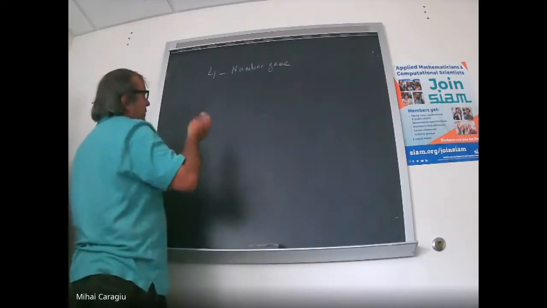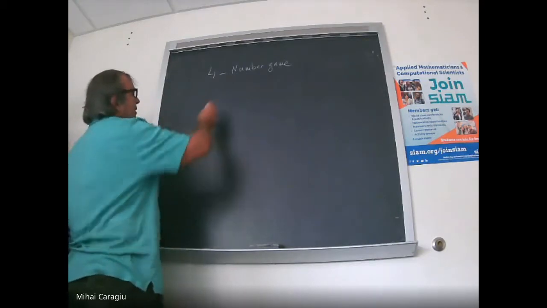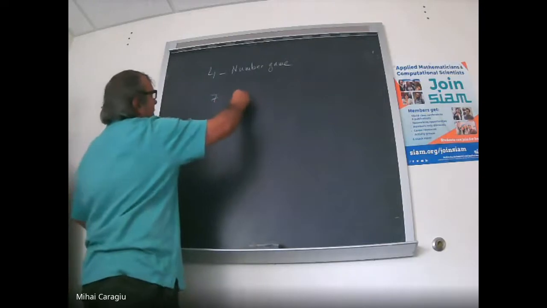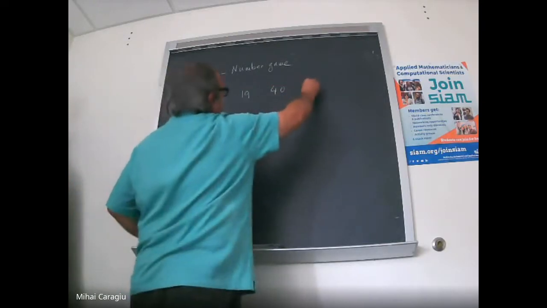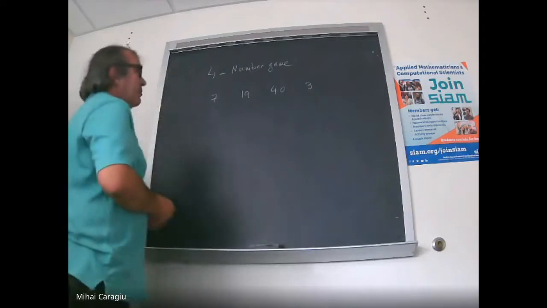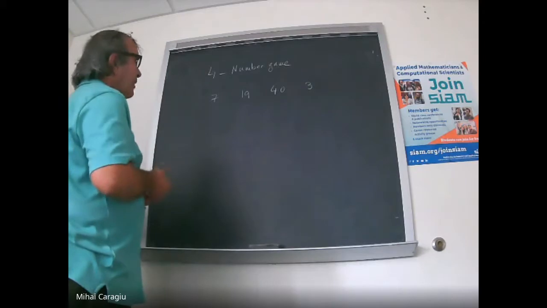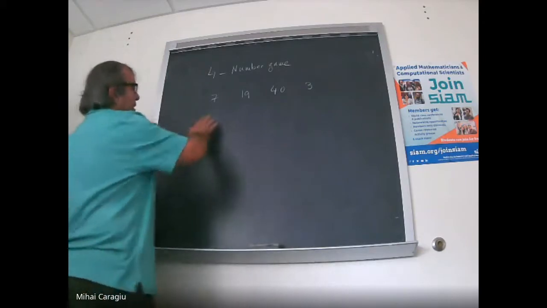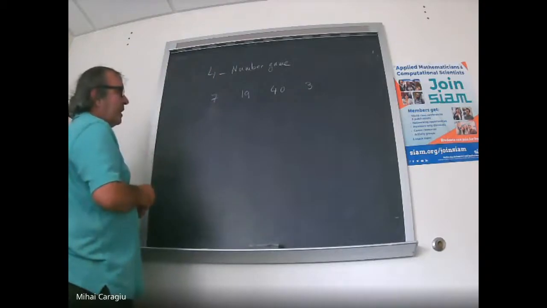It doesn't matter, but for simplicity we can take them positive. So 7, 19, 43, just a random choice. So let's say that is the initial sequence of four numbers. From now on, any sequence of four numbers will produce a new sequence of four numbers by the following